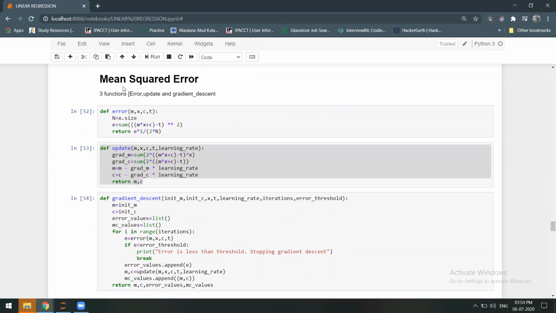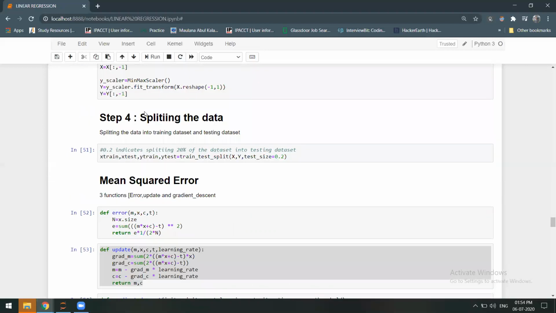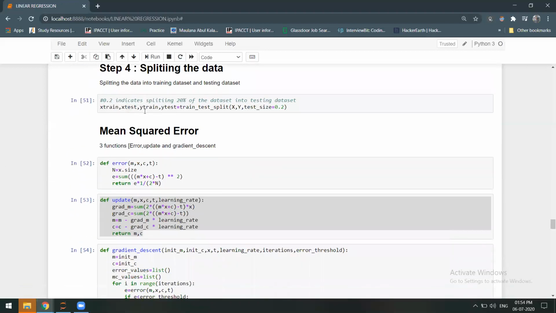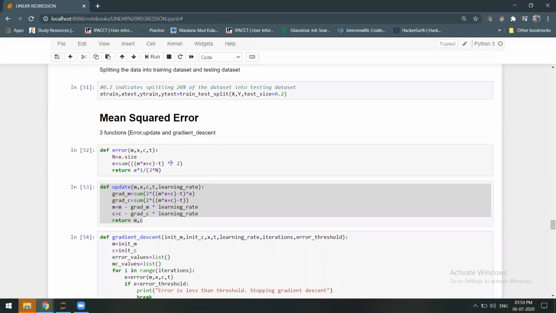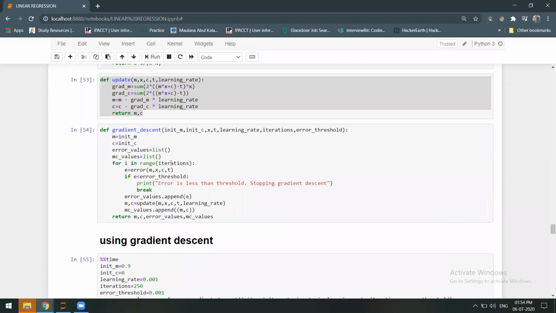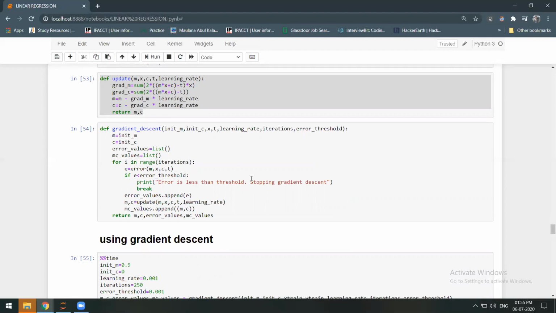In the error function we have m, the slope, c as the intercept, and t. Here we have the error function, update function, and the gradient descent function. So these are all the updated values of m and c. We have a learning rate, which is generally kept low. So we are running iterations, meaning gradient descent is the approach we have followed here. If the error which we get is less than the error threshold, we print that the error is less than the